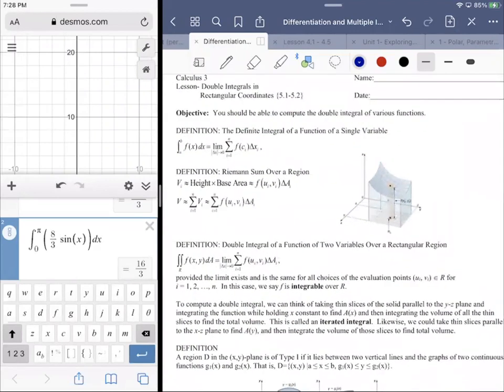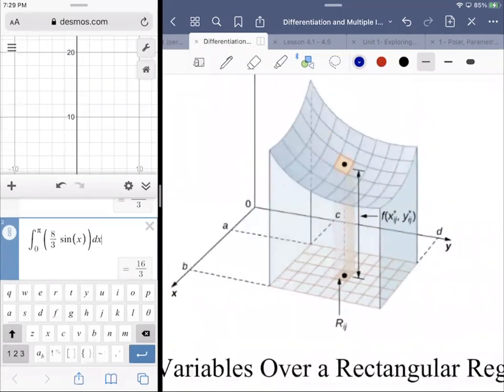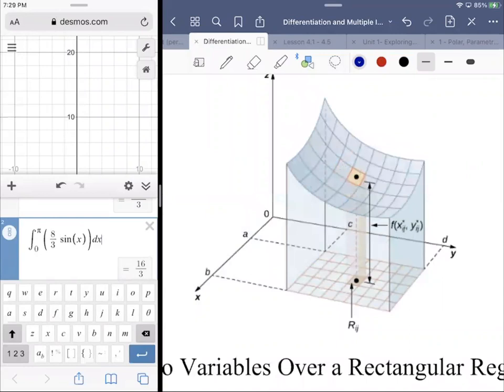Double integrals in rectangular coordinates. All right, because we're going to talk about double integrals in rectangular coordinates. Then we'll talk about double integrals in cylindrical coordinates, and then double integrals in spherical coordinates. And then we're going to do all that same stuff again, just with triple integrals. So we'll get to triple integrals before we switch coordinate systems. It's really just the concept of applications, because if you look at this, you see this nice diagram that I stole from, I believe, the OpenStax textbook, that